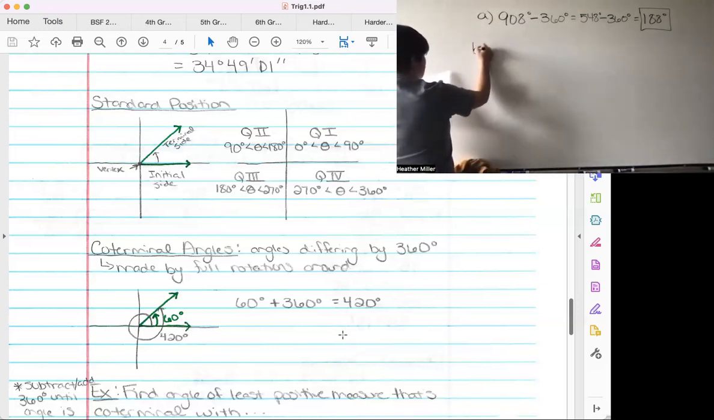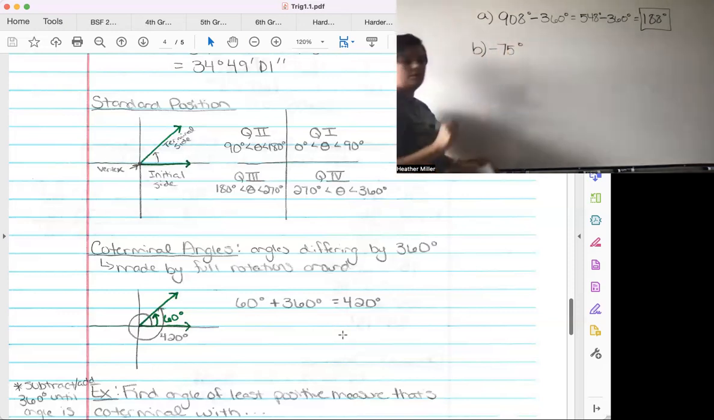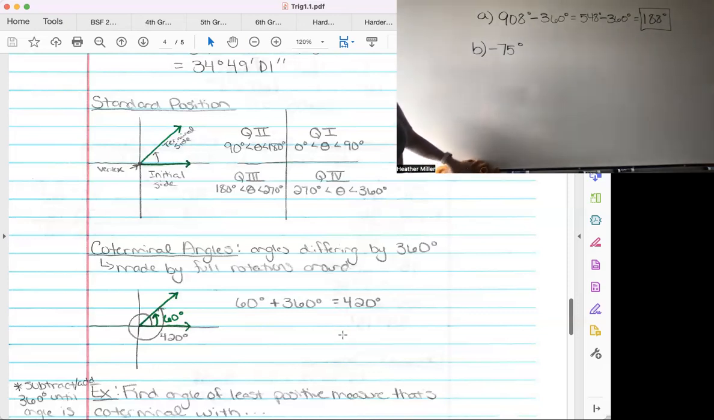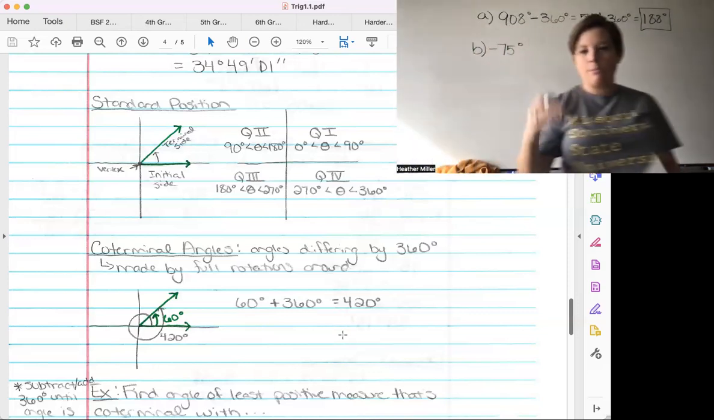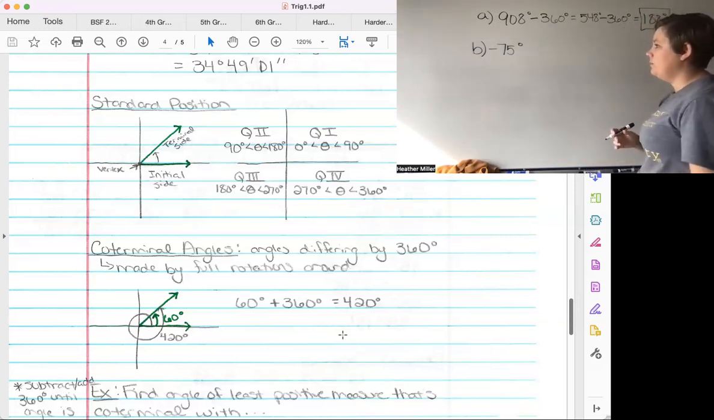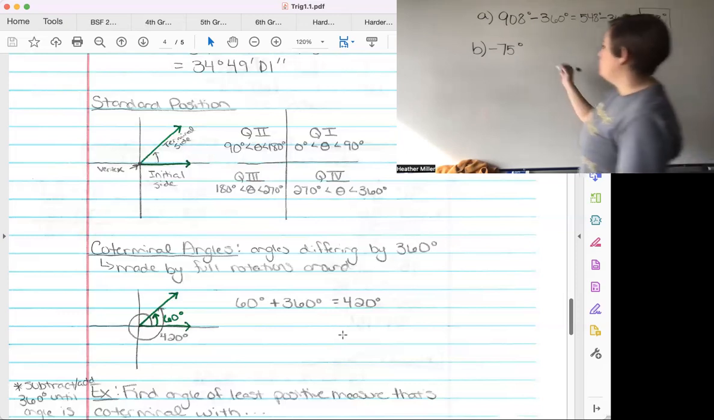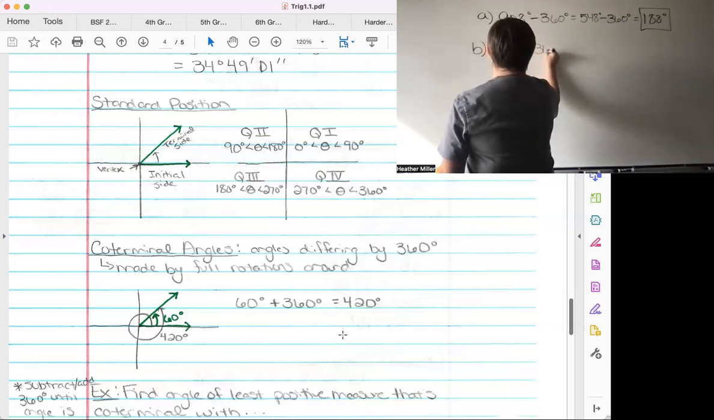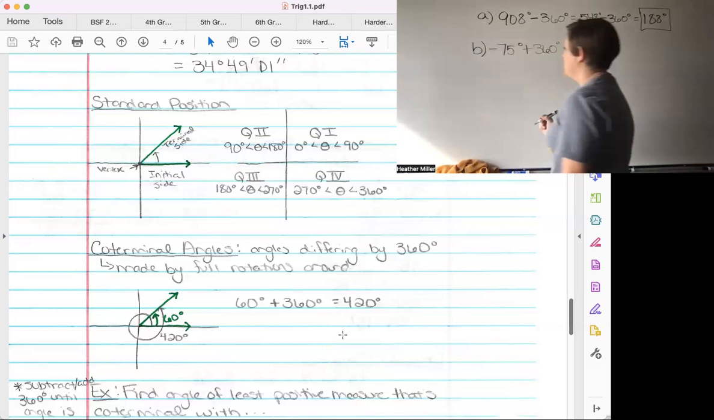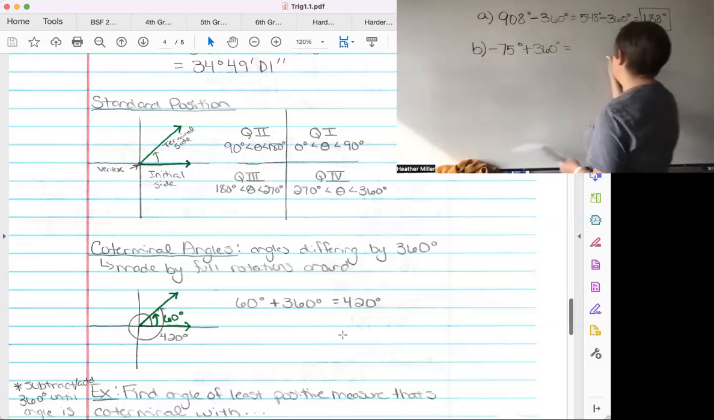So let's look at B. What if we start with a negative degree? That's negative 75 degrees. If we have a negative value, remember what that means is we went backwards. We went clockwise instead of counterclockwise. But to find coterminal angles for it that are in the positive range, we need to add 360 degrees. So if I take negative 75 degrees and add 360 degrees, I get